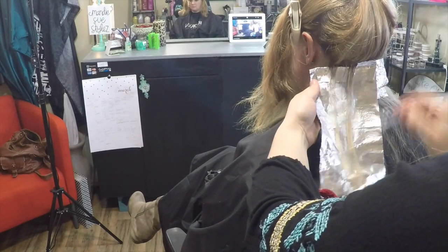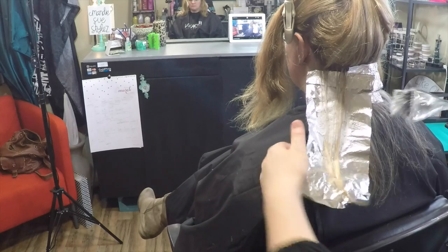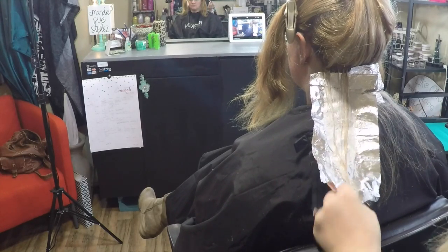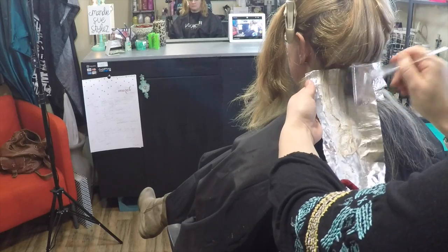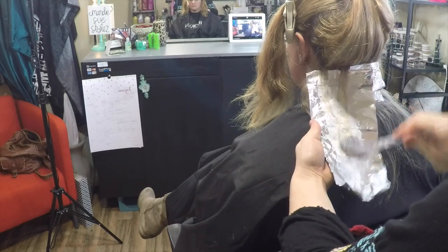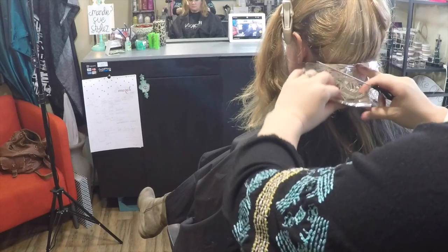So I am overlapping, and you guys, honestly, I can say this right now. This is something I would probably not have done before I had Olaplex, so I would say like 3 months ago, because I've been about 3 months into Olaplex. And I will say that I would never be doing this procedure if I did not have Olaplex. I maybe would have done it